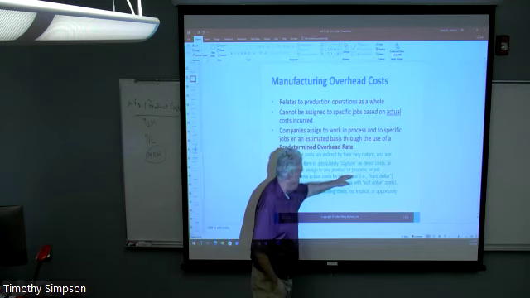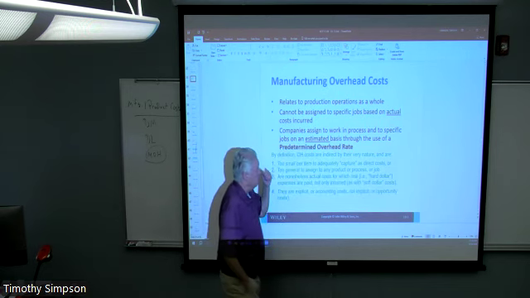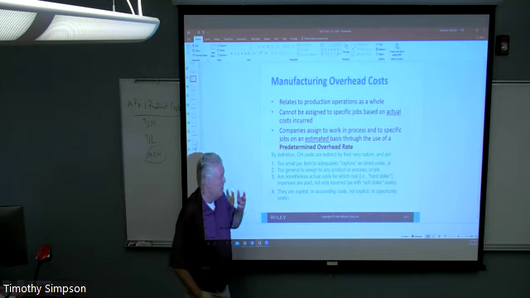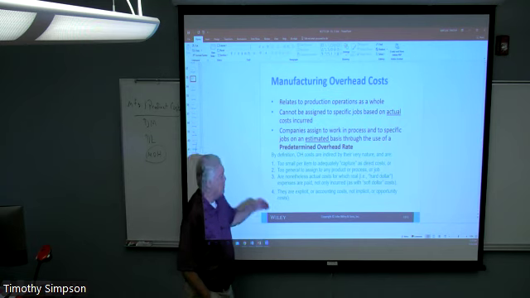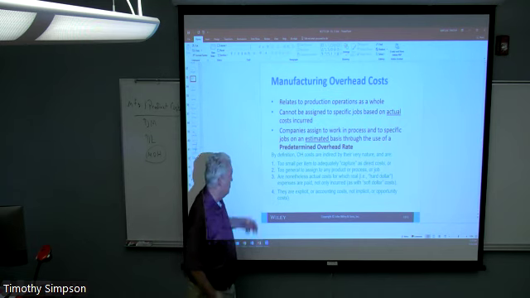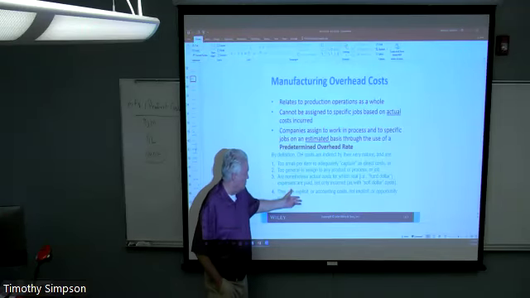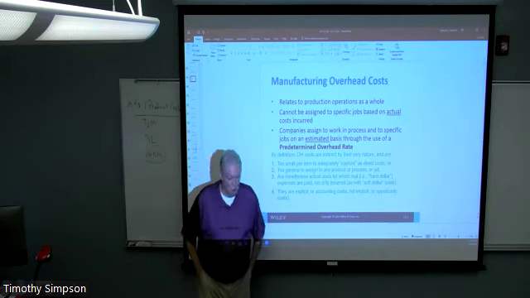But the point I want to make is these are real costs that we've incurred, either because we've written a check for these costs, as in the case of things like property taxes on the equipment, or property taxes on the building, or insurance on the equipment, or whether we've not written a check, as in the case of depreciation on the equipment. But they're still what we call actual costs. And they're also what we call explicit or accounting costs, and they're not implicit or opportunity costs.